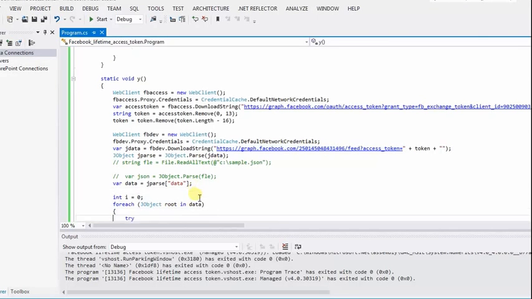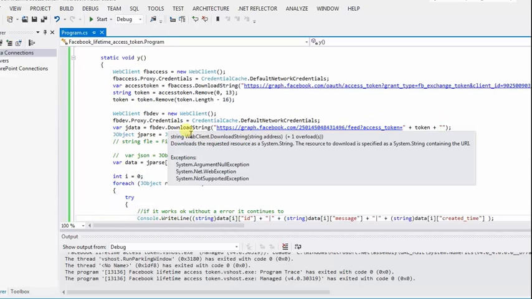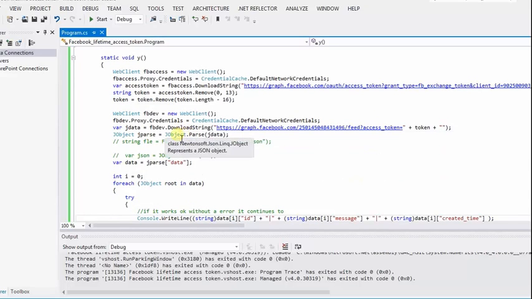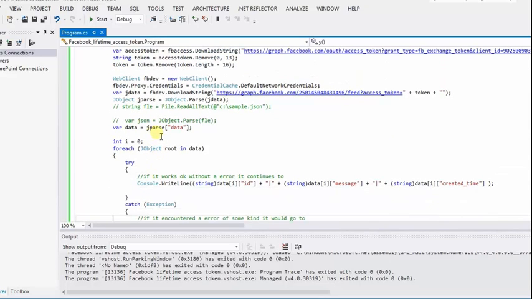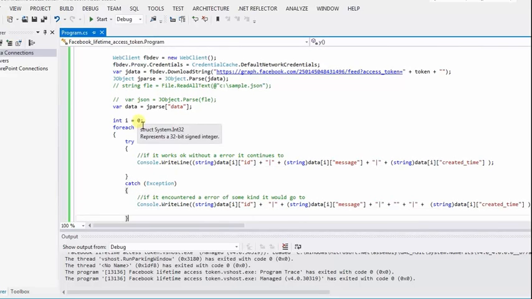Then I'm passing the data that I'm getting in JSON format to a JObject, which is an object of the JSON DLL. There I'm reading the data. Once I pass that to data, I use data[i] of ID. This is in a loop, and my current value of i is 0.